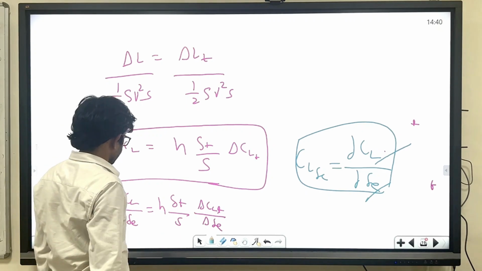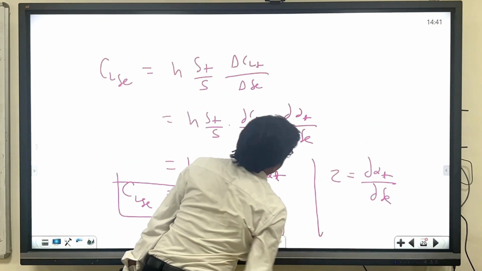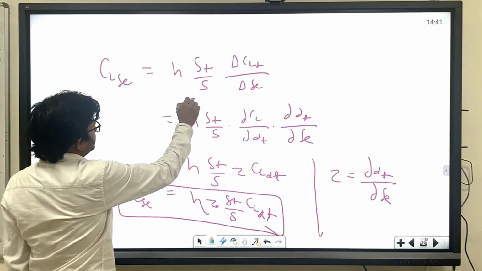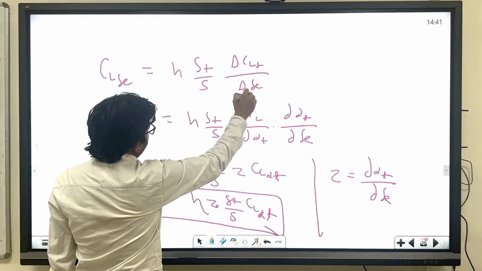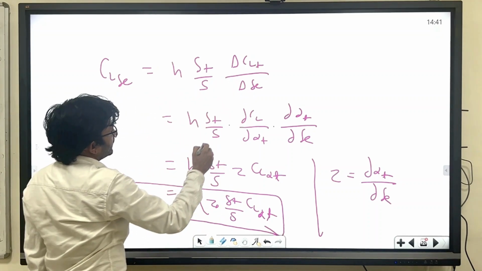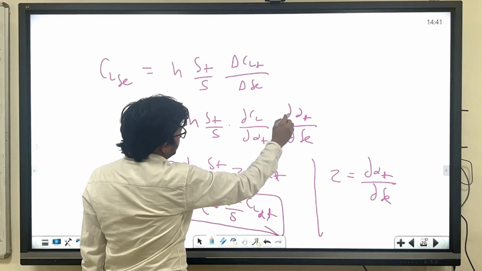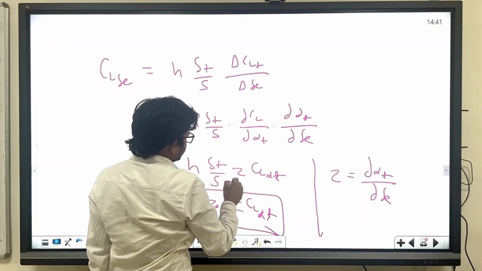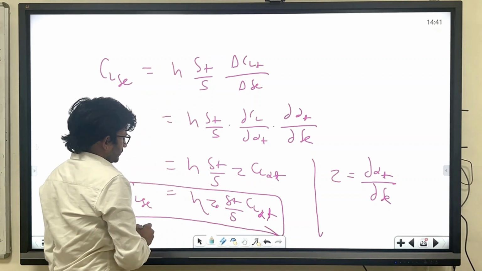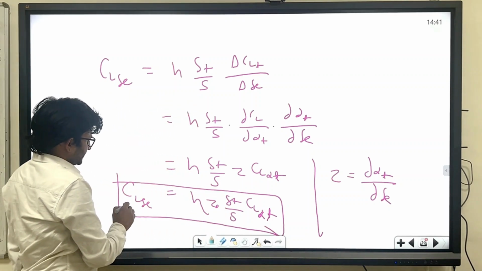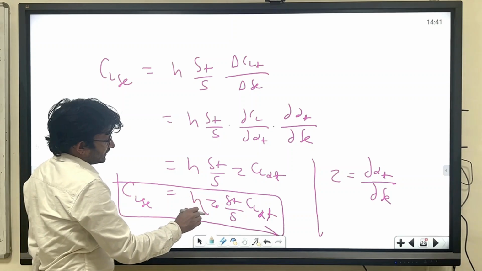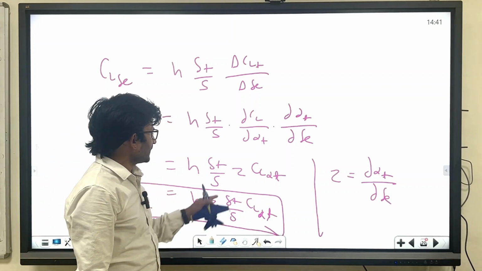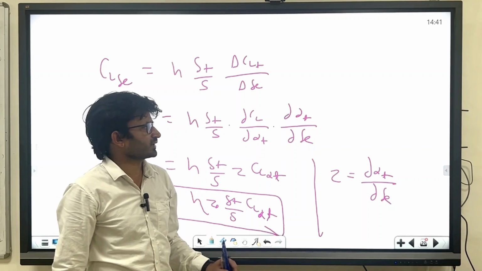So you divide by delta E, and here you can write CL delta E as eta St by S into dCL by dt, into delta E, and further you can write it as dCL by d alpha t and d alpha t by d delta E, and this d alpha by d delta E you call tau. Okay, and you can finally write CL delta E equal to eta tau St by S CL alpha of the tail. So tau, what is tau? Tau, for example, like if you